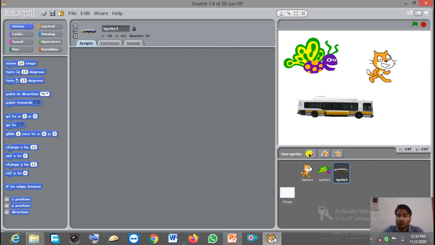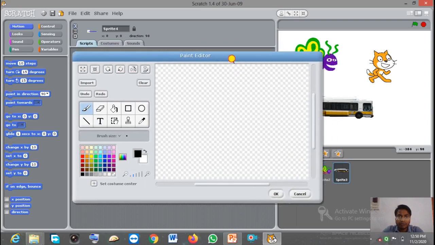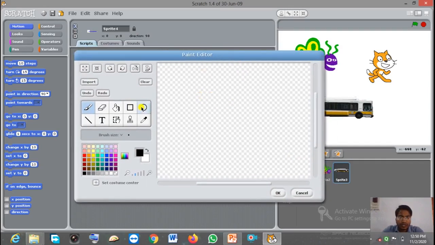Now let me show you how to create your own sprite. For that you need to click on this paint new sprite, then you will get the paint editor. Now here you can draw, as an example you can see on the screen.